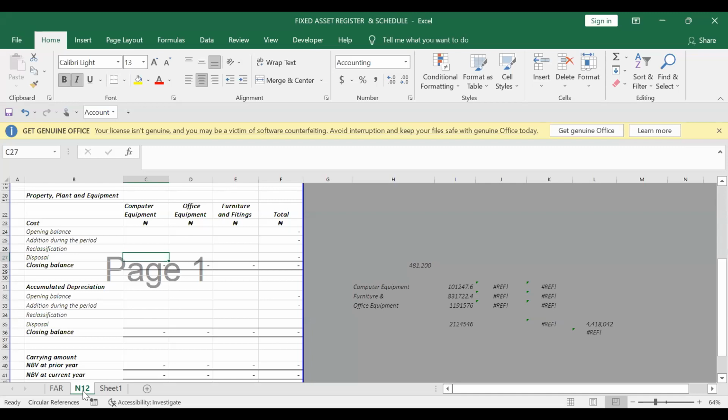Then there may be some other business decisions resulting in disposing some assets that will then also be indicated. Then the next section is showing how to make your depreciation estimates. The opening balance of these, addition during the year,